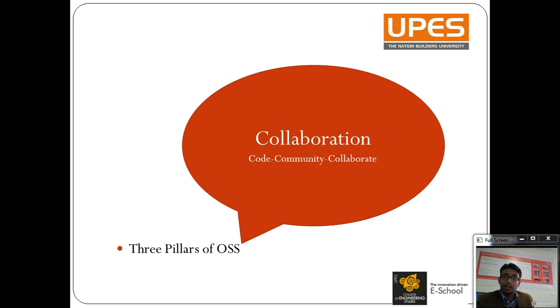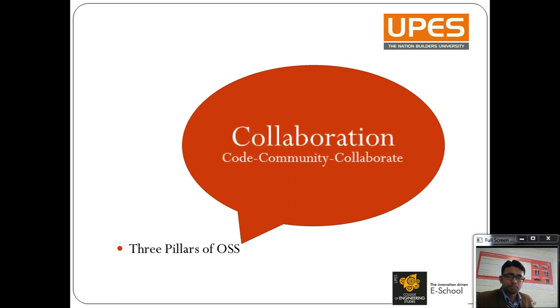But in an economy of open source software, I can easily duplicate the software and we can both have copies that we can infinitely distribute. So this is all about collaboration. That means code, community, and collaboration. These are the pillars of open source software.